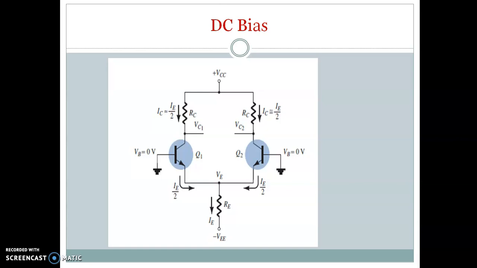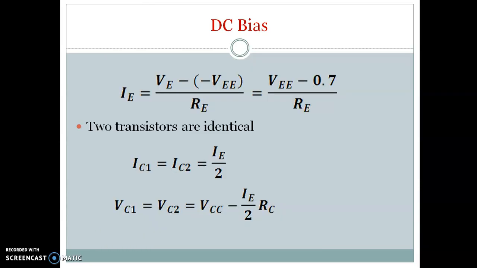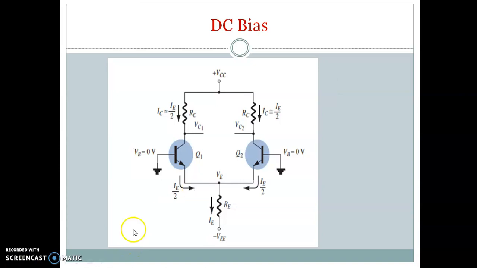Since we are going to give the input signals to the base, let me assume an AC signal there. But since I am doing the DC bias, let me assume that the base is connected to ground. And this is how your circuit appears. Now we will write the KVL equation to find out whether your transistor is biased in the active region. Then we will get the output collector voltage and your bias current IE. So IE is equal to, you can see in this equation.